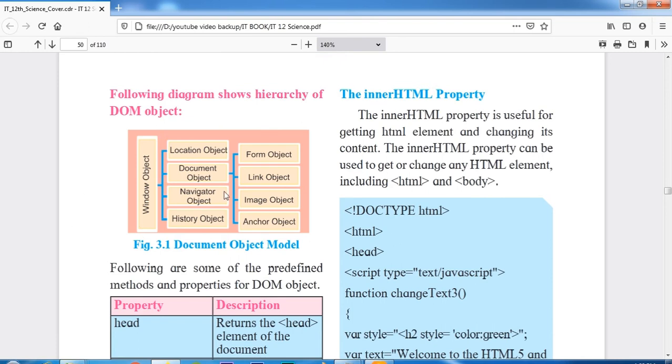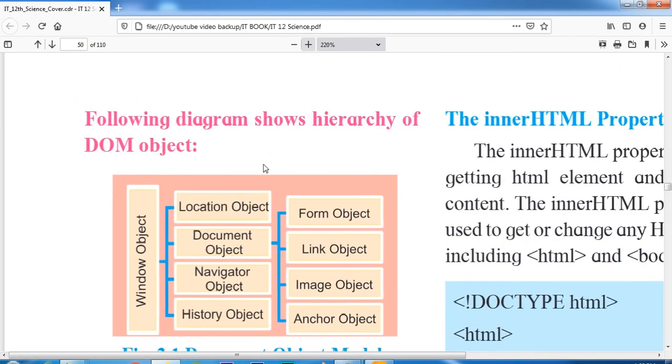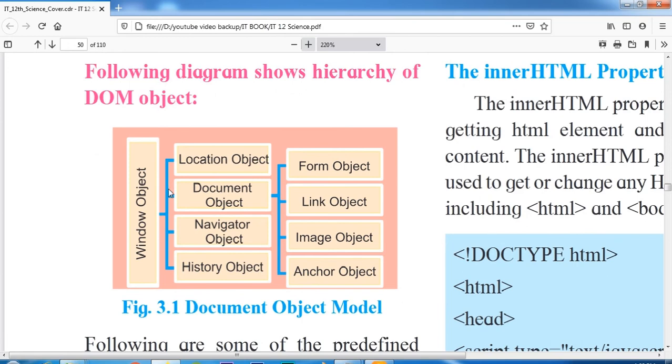Here you can see what the document object model exactly contains. It has location objects, document objects, navigator objects and history objects. Location objects are for location purposes. Document objects include form object, link object, image object and anchor object.